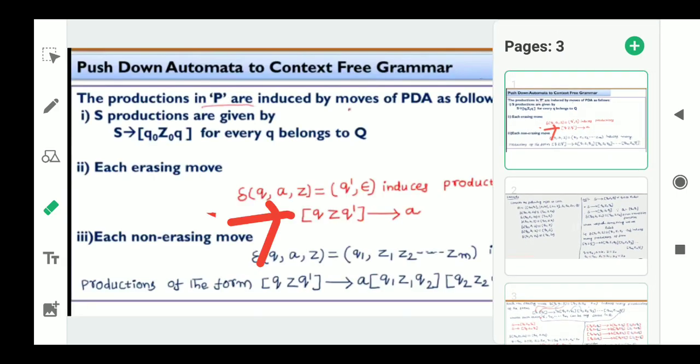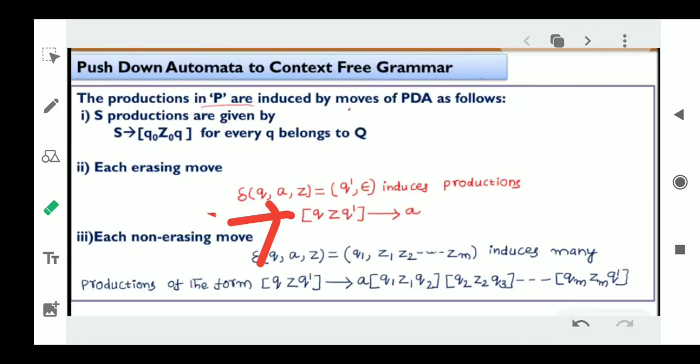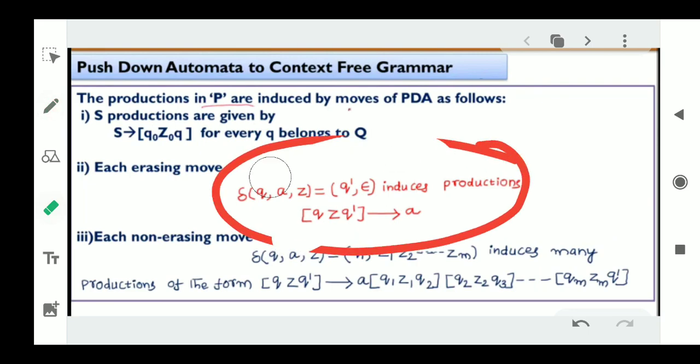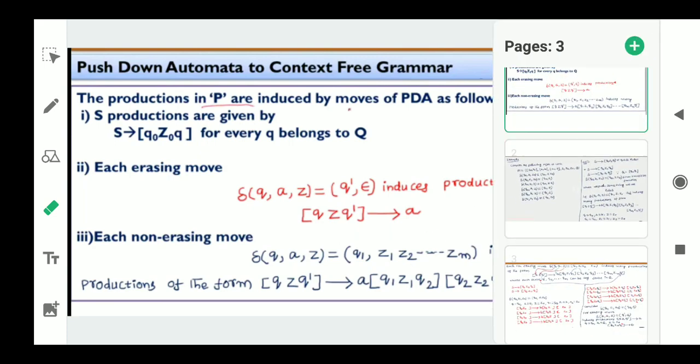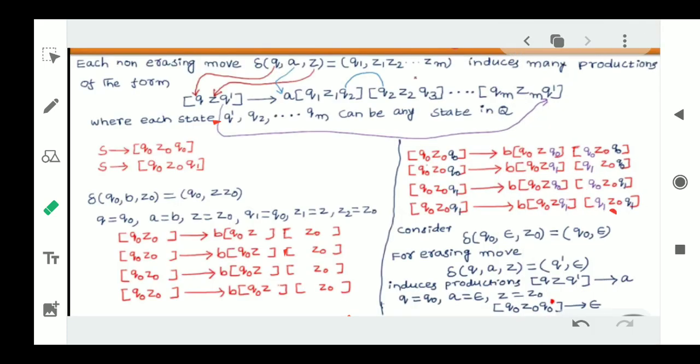See, we will understand what is rule 2 here. The rule 2 is like this. Rule 2 is this one. So if any PDA equation is of the form in the pop representation, then go for the rule number 2. Assume all the equations. Then what we will do, we will substitute. We will make that production into the form of like this.